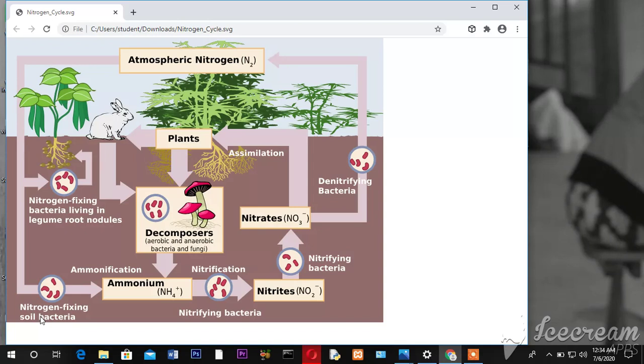After being picked up, this nitrogen is converted into ammonium, the ammonium ion, through the process of ammonification,